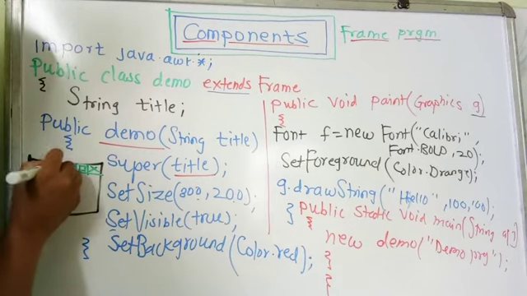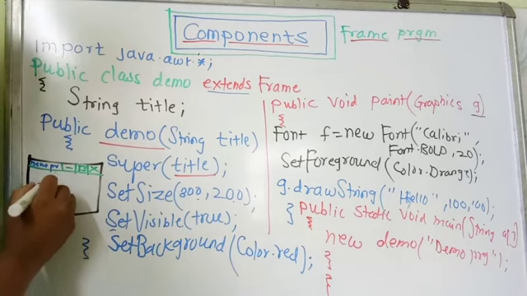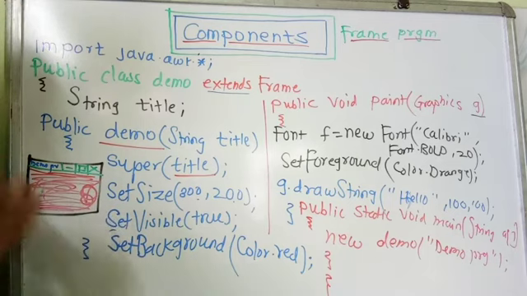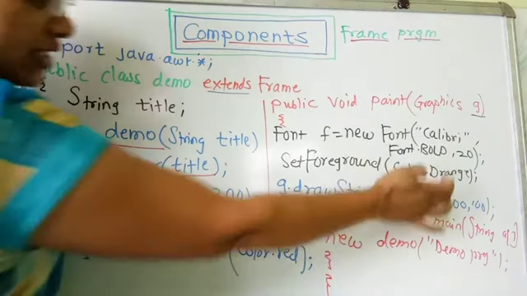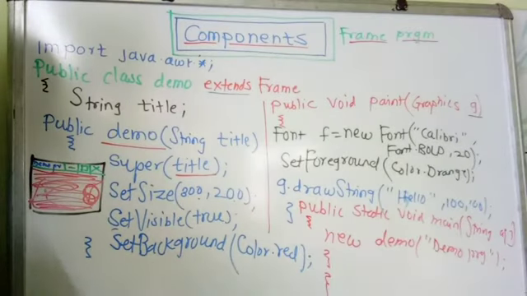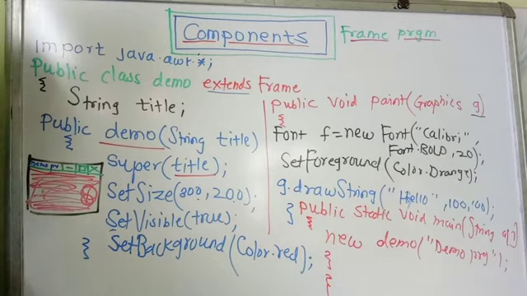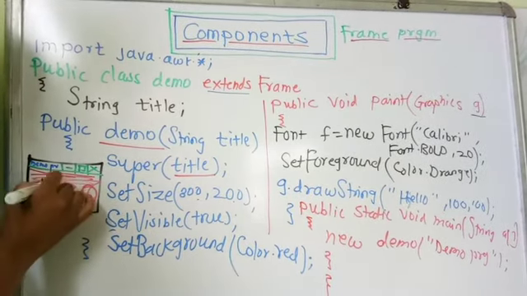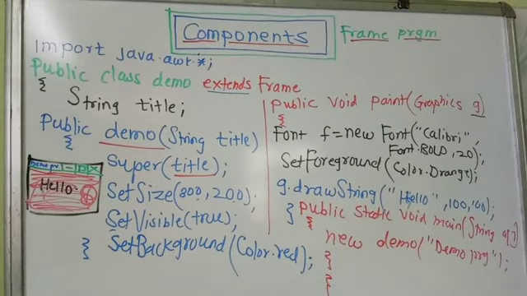And now here, this whole screen acquires the red color, and here we had set the foreground to orange. I don't have any pen of the orange color, but assume it will be displayed in the orange color, like hello. Okay, so this will be the output of this program.